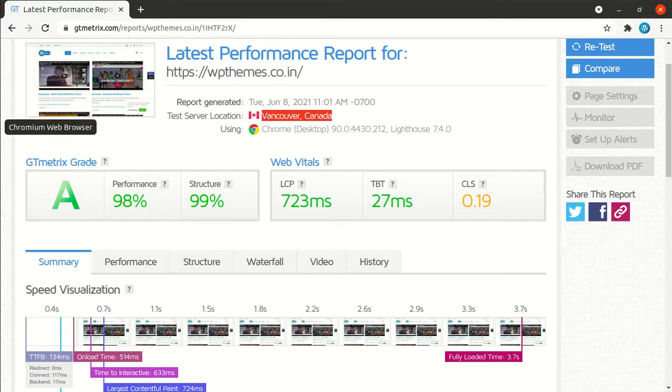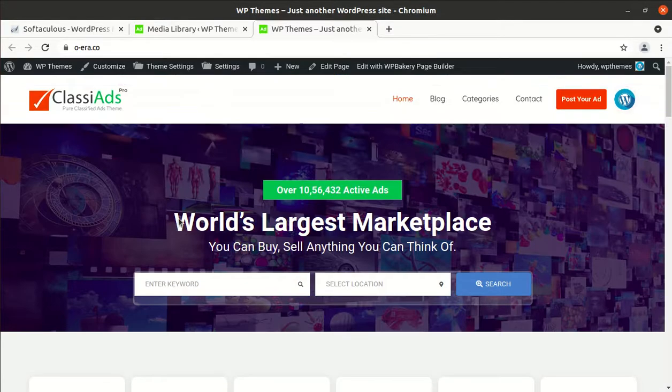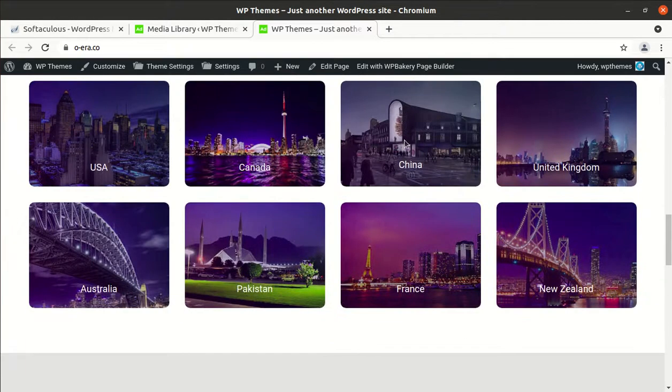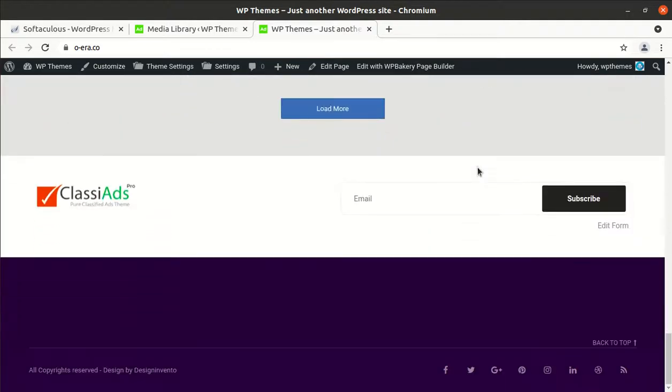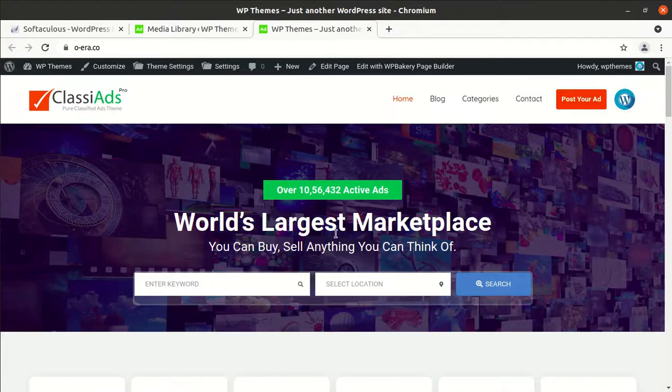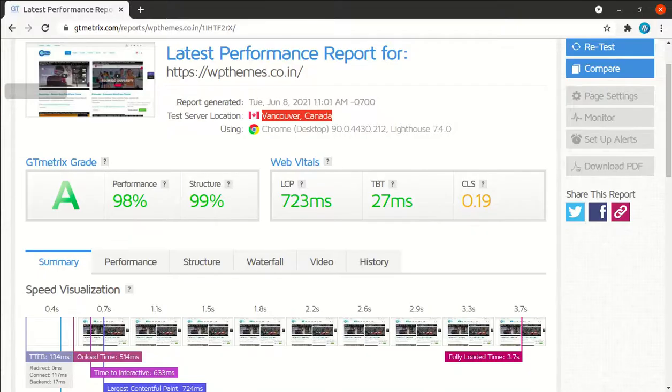Now I am going to show you one website which I recorded yesterday for illustration of the Classy Ads WordPress theme, and this is a website fully filled with content and the rest of the things. So this is a complete website, although it is a demo website, but we can check with this. So what is the current score for this website? We can check at GTmetrix. Let us go for this, and I am opening another tab.